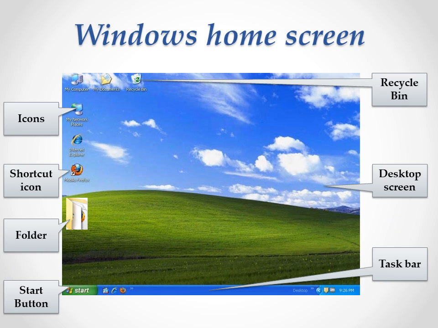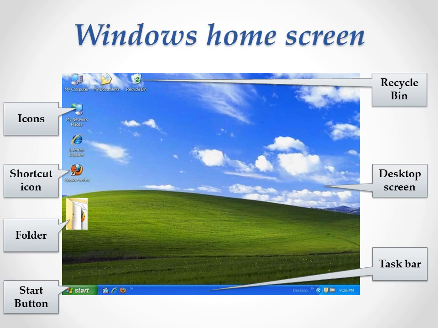Now, you all know the Windows home screen, that is the first screen when you switch on your computer, which is also called the main screen. What is it called? Desktop screen. Now, you all know what an icon is. So what is an icon? It is the pictorial representative of an item.